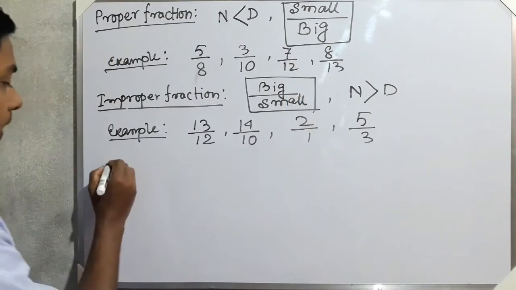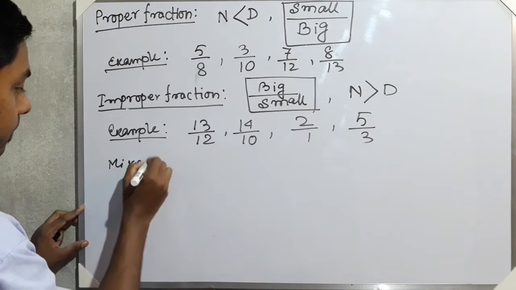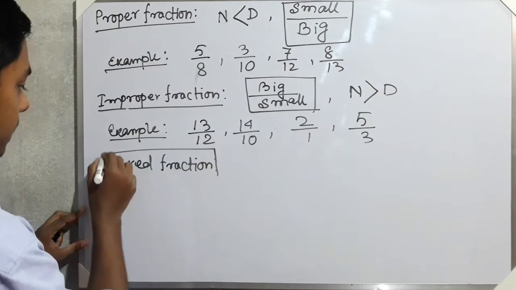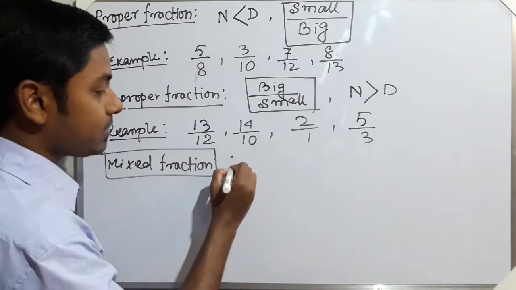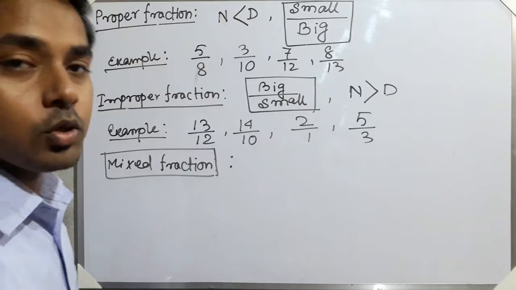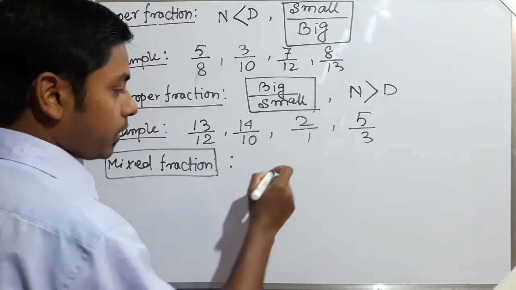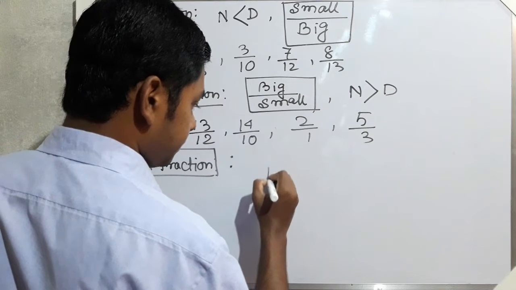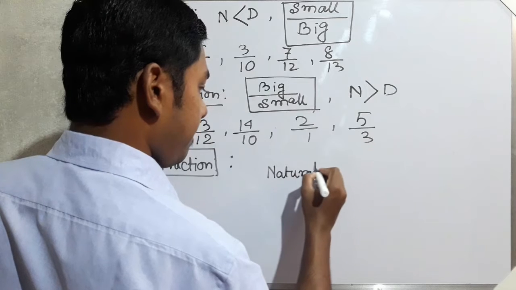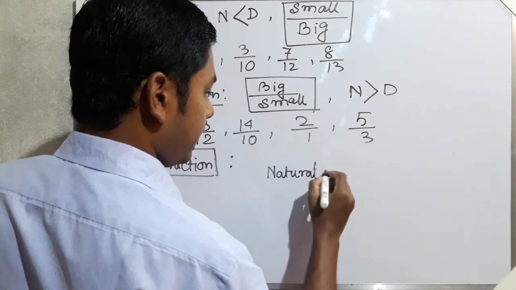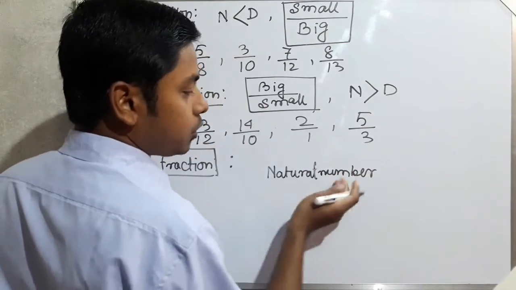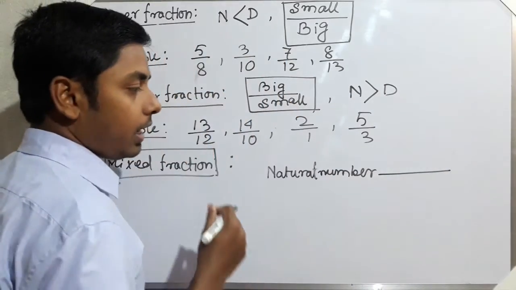And the last one is mixed fraction. So what is mixed fraction? Mixed fraction is totally different from the two fractions. What is the form? First of all, we have to take a natural number. Then, at the middle position of the natural number, you have to take a line, and